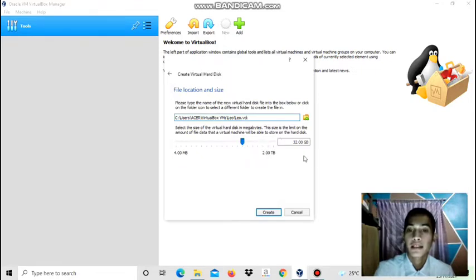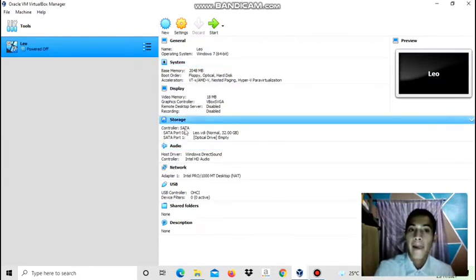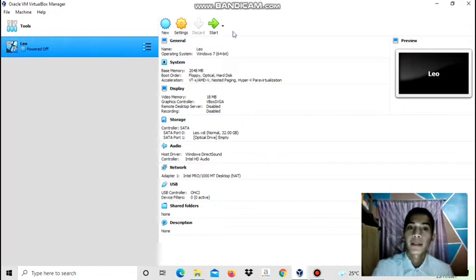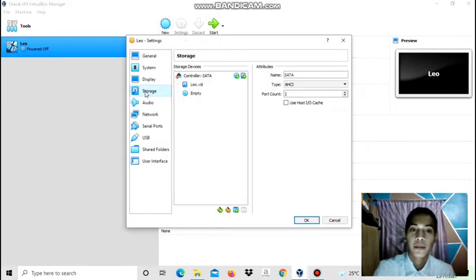In this part, just simply choose whatever you want. The recommended size of the virtual machine will be able to store on the hard disk. So just simply create. So that's it, we create an account. The next thing that we do is go to settings and just simply go to the storage